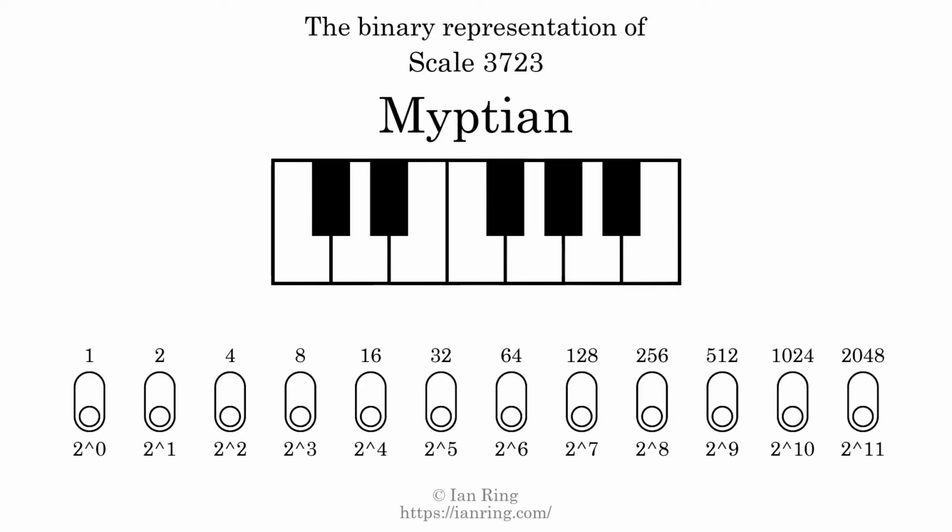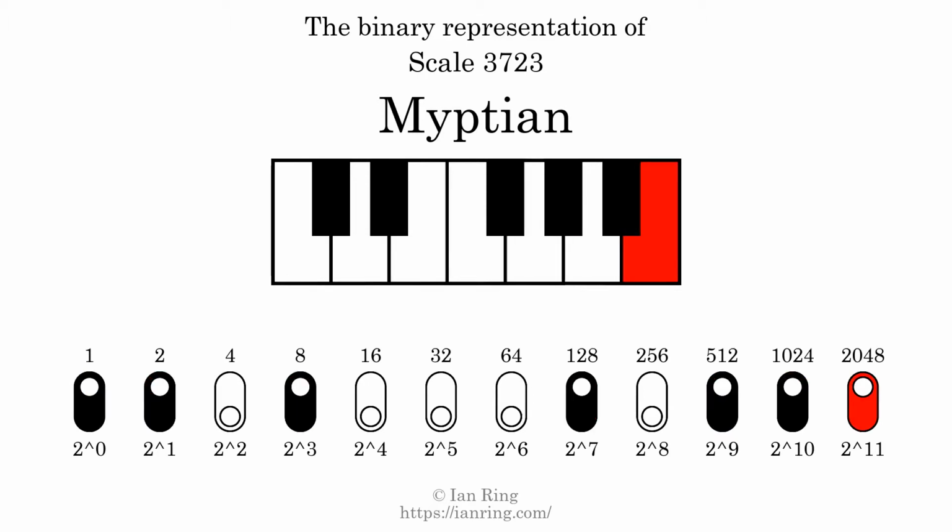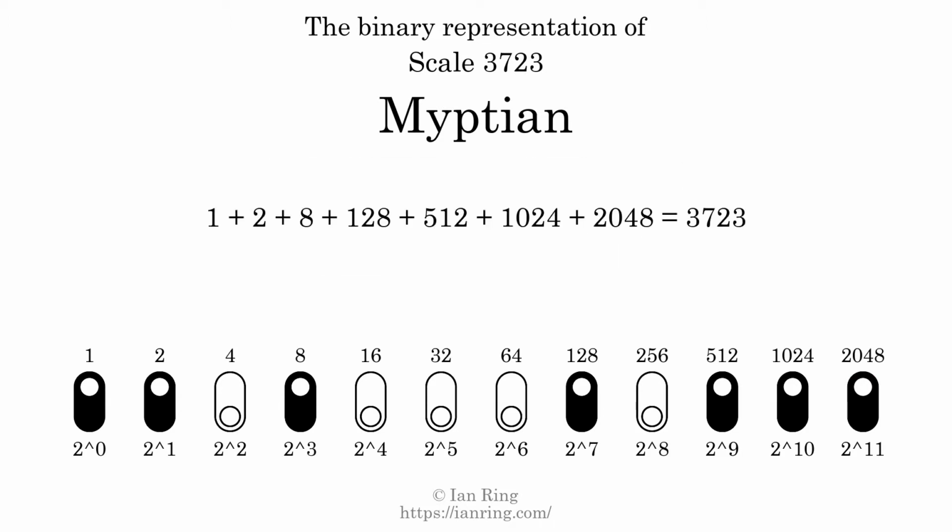The binary representation of this scale is determined by mapping tones of the scale to binary digits. Each binary digit represents a power of 2. To get the scale number, we add the powers of 2 together. The powers of 2 that are present in the scale, all added together, equals 3723. That is why the scale number, in decimal, is